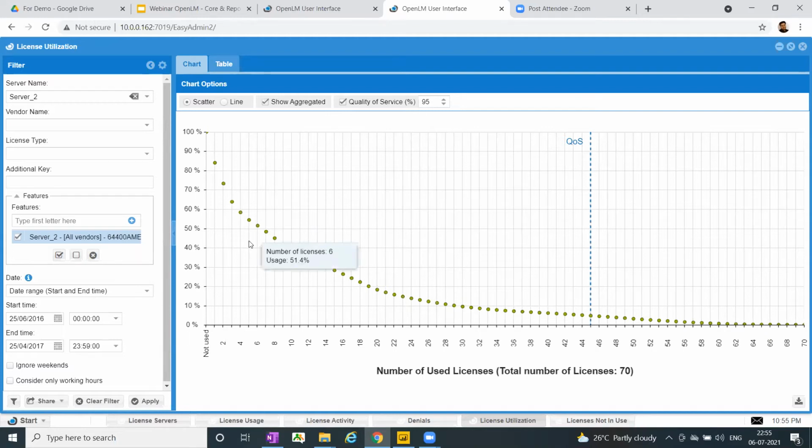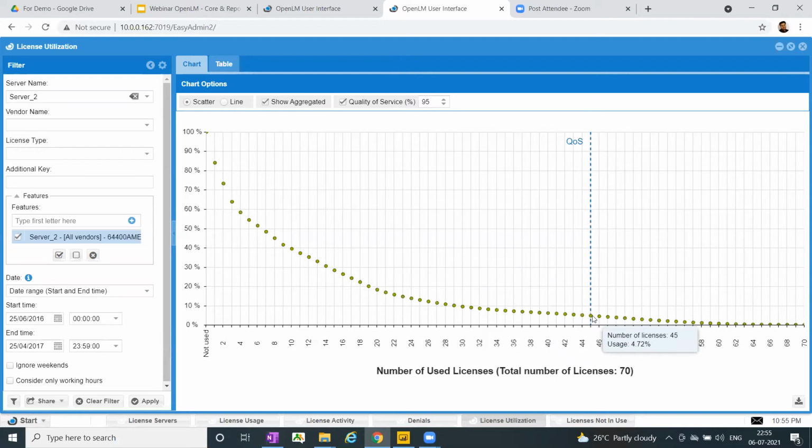What OpenLM does here is take into consideration the pattern of license usage across the period of time that I've selected on my left-hand side. Considering that usage, how many times the licenses were fully utilized and how many times availability was there, it concludes that we only need 45 licenses.